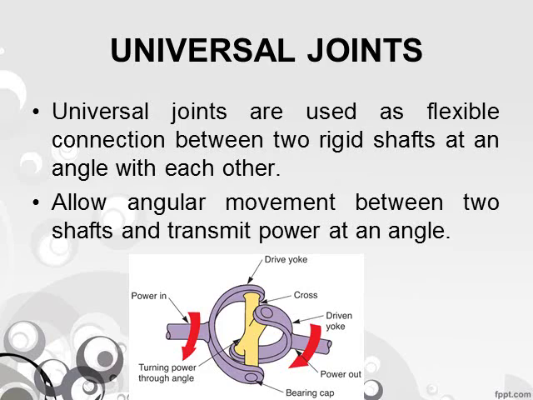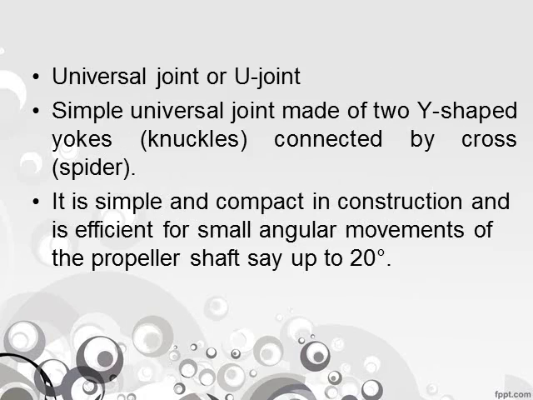The universal joint is also called a solid drive line. One more function: the universal joint transmits the torque evenly even when the rear axle is moving up and down. While the rear axle moves up and down, the torque is evenly transmitted to the rear axles. That is the main use of universal joints. The universal joint is also called a U joint, or solid drive line.